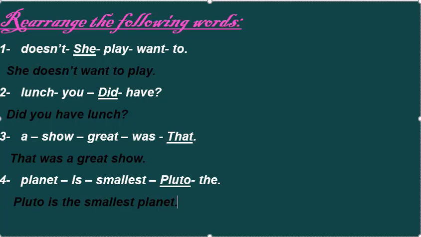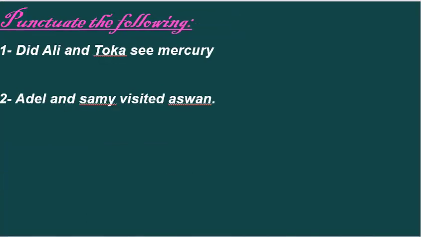Let's go for the last exercise. Punctuate the following. Number 1, did Ali and Toa see Mercury? So the answer will be, did Ali and Toa see Mercury? Start with capital M